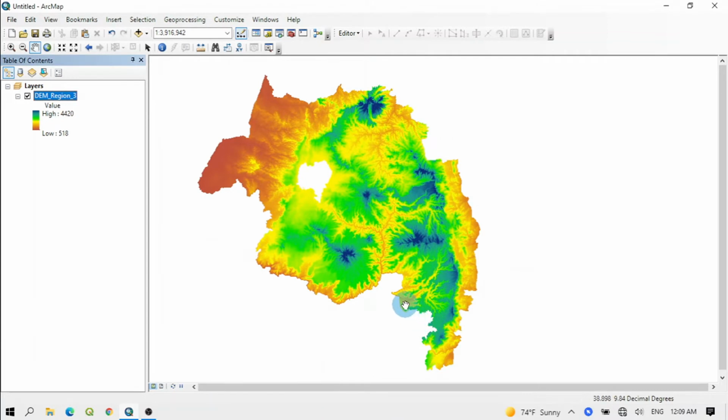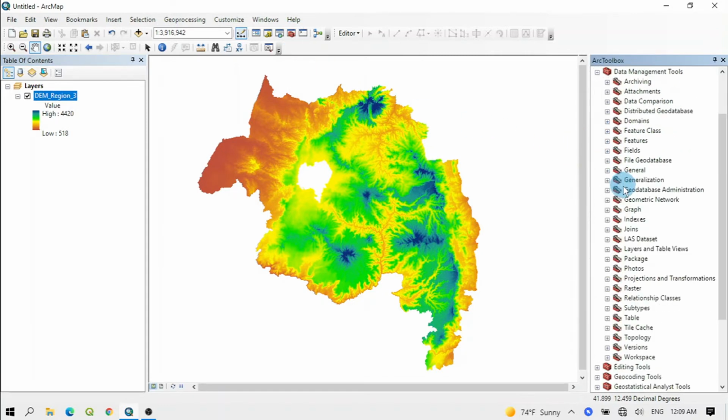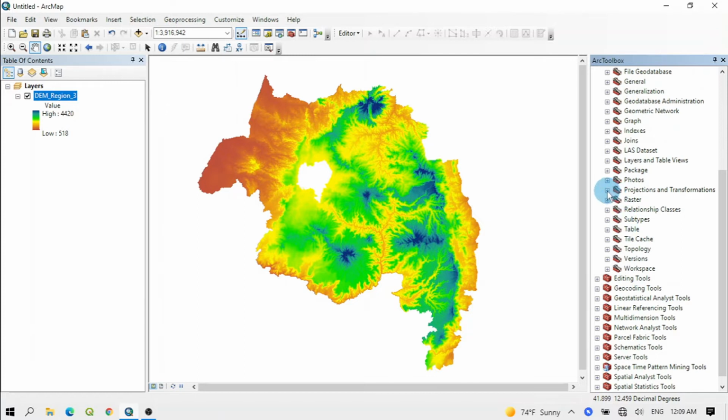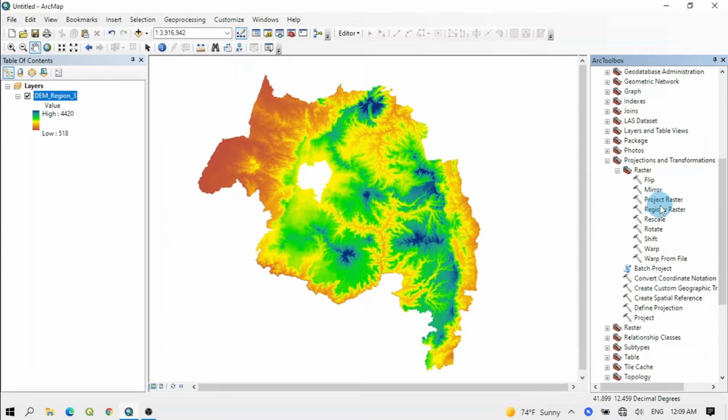The tool that you can use to do that, you can find in ArcToolbox under Data Management Tools. Go to Projections and Transformations, and if you expand the Raster option, you can see that there is one option called Project Raster. You can simply double click on that,